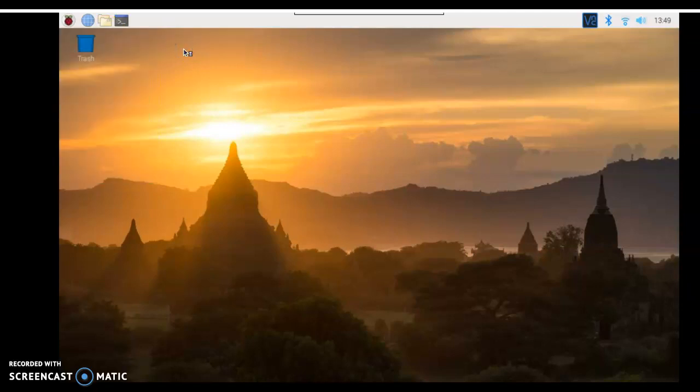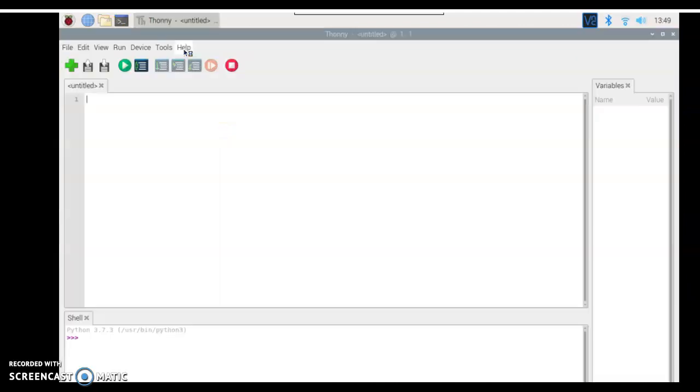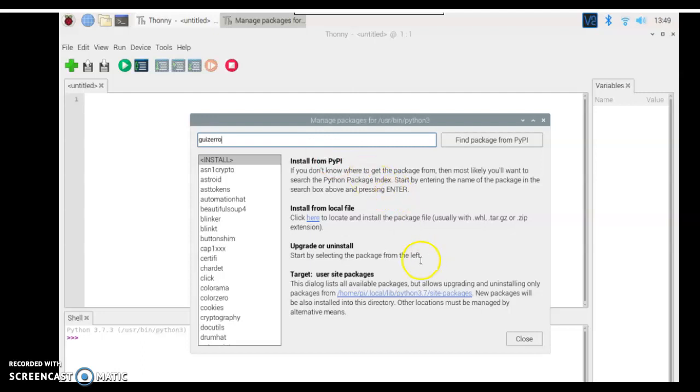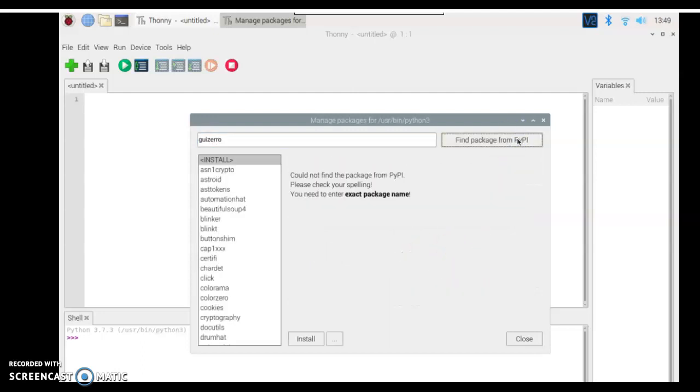I like this mode a lot better anyway. You can change how your screen looks with Tools, Options. But in this mode, we can go to Tools, Manage Packages, and we're going to need to write Guizero. Then we're going to find the package, and it couldn't find the package, because I had two R's,